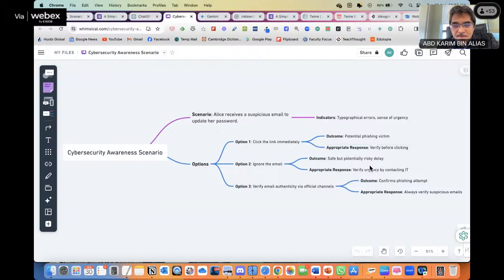Sometimes it doesn't pick up. Yeah. Just now in the previous one, they picked up the hint. But anyway, this one is good enough for us to see the structure of the scenario, the different options, and the outcome, and the other information that we ask ChatGPT to produce. Okay, so that's how I do it.